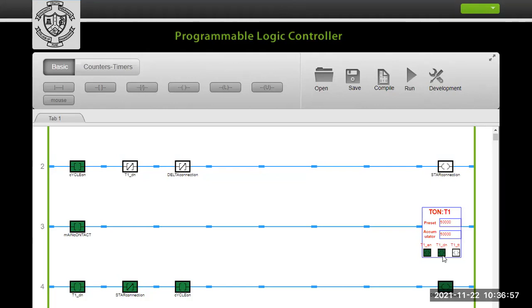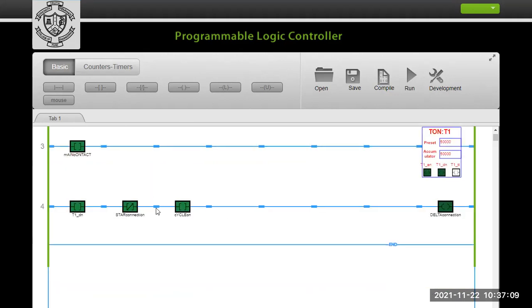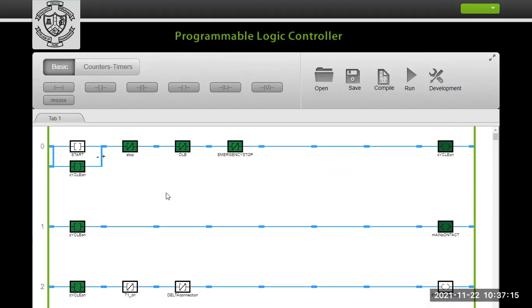Just watch. Now the done bit is reached. Whenever the done bit is reached, you can see the star connection went from green to white, meaning it is off, and then your motor is started in the delta connection. Okay, so in this way the star delta motor starter is going on.